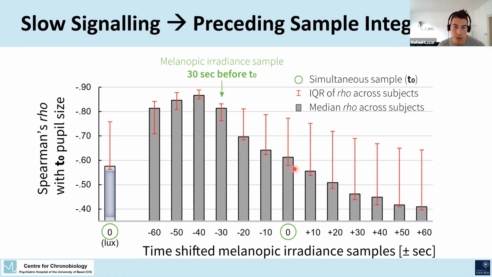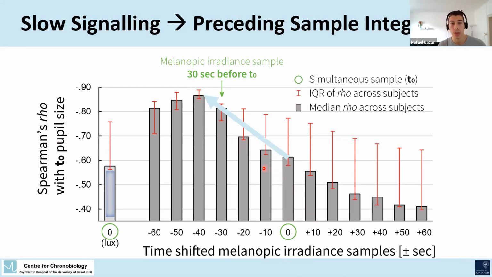So this would be the correlation of the simultaneous sample of pupil size and melanopic radiance. And then when we go back by 10 seconds, looking at the light measurement 10 seconds before pupil size, then we can see the correlations start to rise. So we have a stronger correlation in the 40 seconds before the pupil size measurement, when we measure the light there,